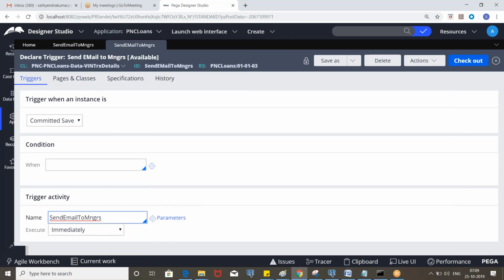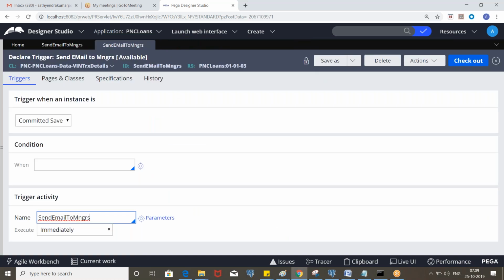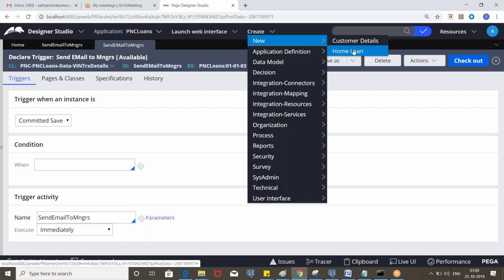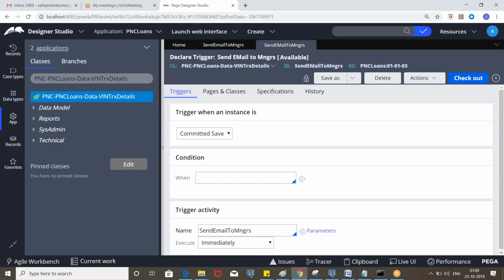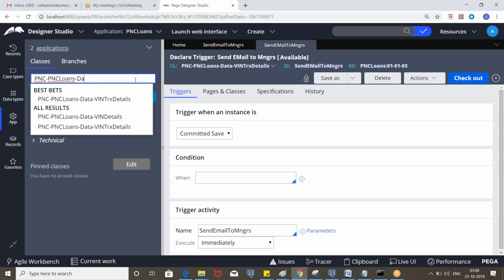So now let's execute auto loan. At what step are we saving the instance? In the third screen of auto loan details, right? In the third screen of the auto loan flow. Okay, so let's execute the auto loan flow here.